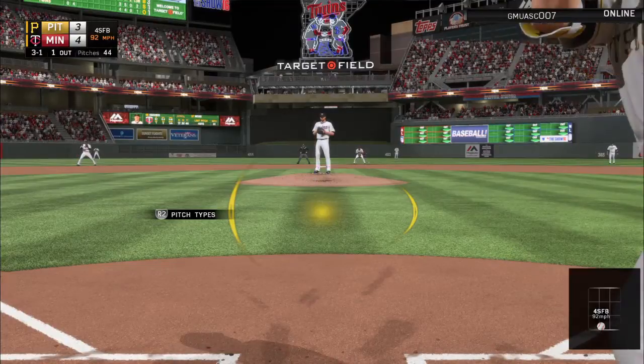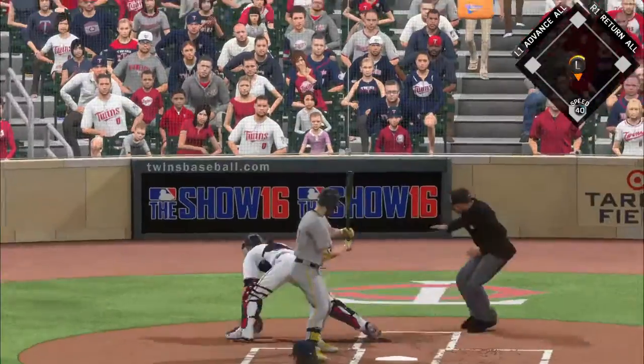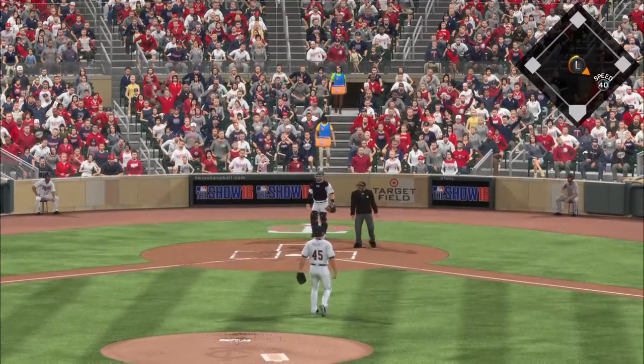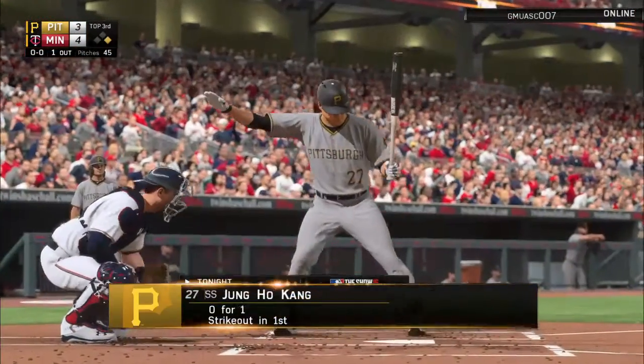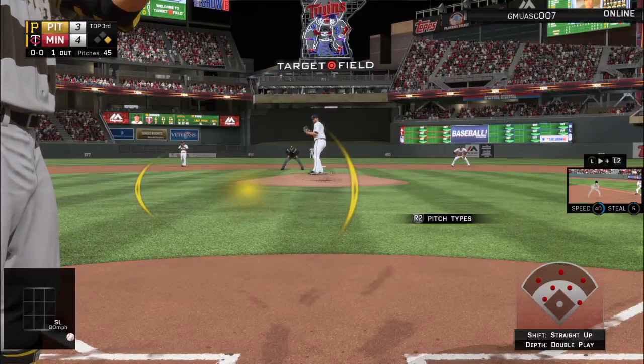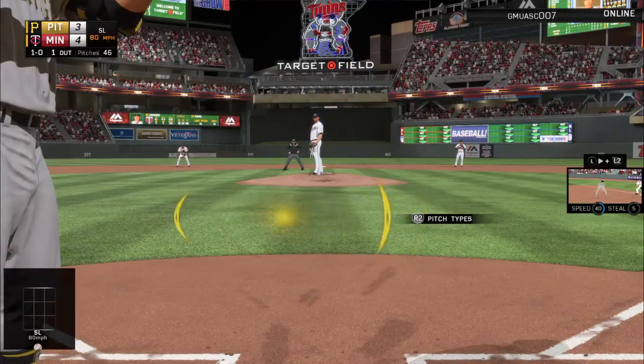That one's in there, 3-1. And this will be nowhere close as his control deserts him here. It's a 5-pitch walk. Jung Ho Gong is into the box. He was a strikeout victim in his first try. Yep, they sent him packing last time, so maybe they have a pretty good idea of how to attack him